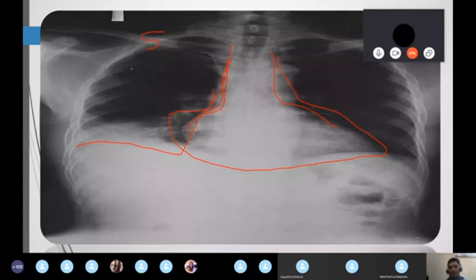Now, first of all, you should know, very important: seeing the opacity only, seeing the patch only, we can tell what type of lobe involvement the patient has. Maybe you read about Felson. Felson is the person who gave this: seeing the shadow only, we can tell which lobe is involved. So I'm going to talk about some shadows. Let's listen properly. First one, whenever you are not able to see the diaphragm, close your eyes and tell, sir, the patient has involvement of the lower lobe.